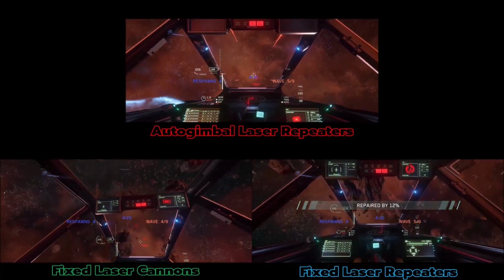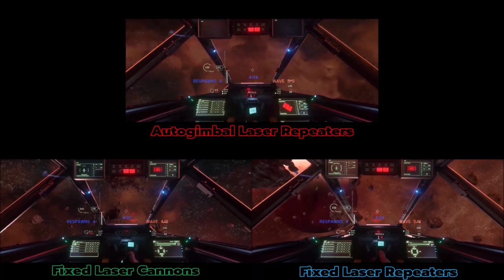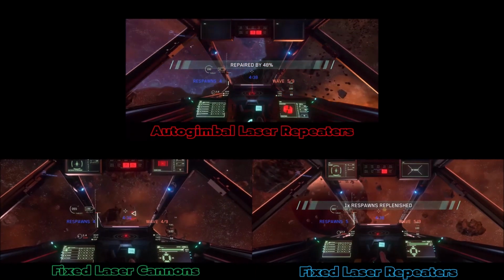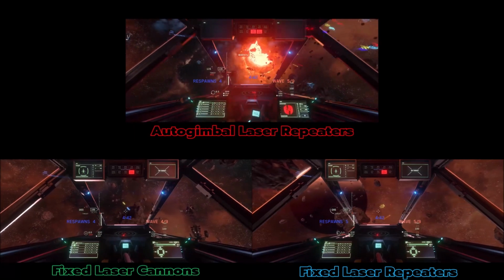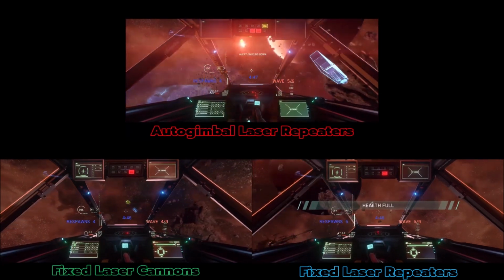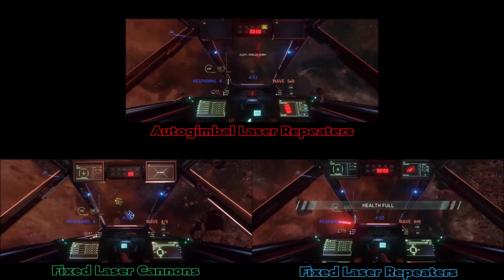Now, on my fixed laser cannons, this is the typical loadout of the Super Hornet Heartseeker. This has 3 M6A laser cannons and 1 M7A laser cannon. So that's 3 size 3s and 1 size 4. They have a massive drain on your power supply. So